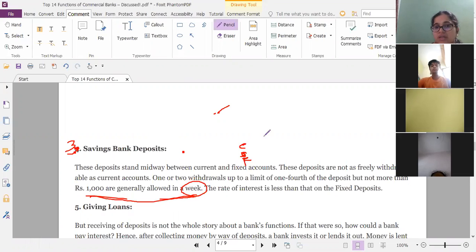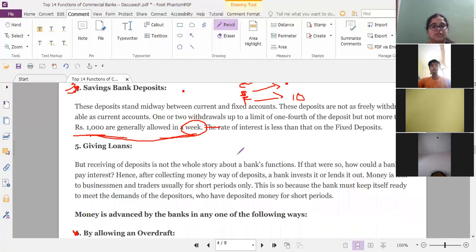Under a current account, any amount, anytime, you can go and ask the bank, and in fixed, it is fixed, right? 10 years means 10 years only. In between you can't go and ask the bank. But in savings, you can withdraw the amount as per your need, but there is a limitation on this, like 1000 per week, right? So the rate of interest is less than that on fixed deposits. Interest rate wise also, it is somewhere in between, higher than a current account but lesser than fixed deposits. Okay,